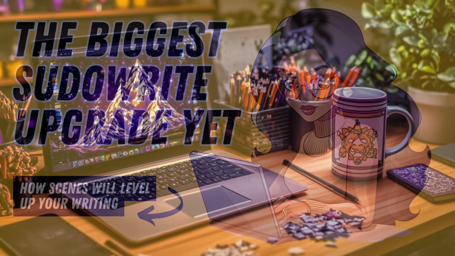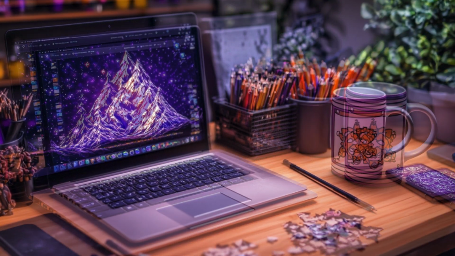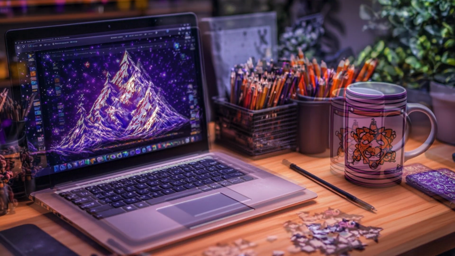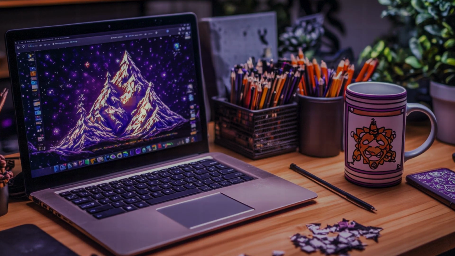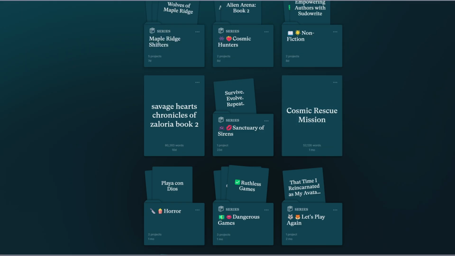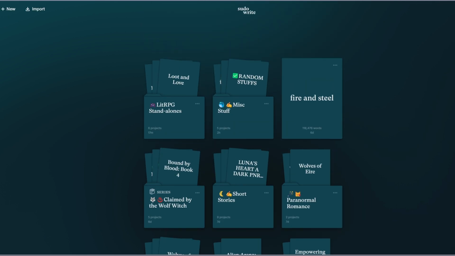Hey, fellow writers. Have you ever found yourself staring at your outline, wondering why your chapter generator isn't quite capturing your vision? Or maybe you've wrestled with beats, trying to get the pacing just right? Well, hold on to your keyboards because Sudowrite just got a serious upgrade. Today, we're diving into scenes, a brand new way to structure your chapters that's more intuitive, more flexible, and most